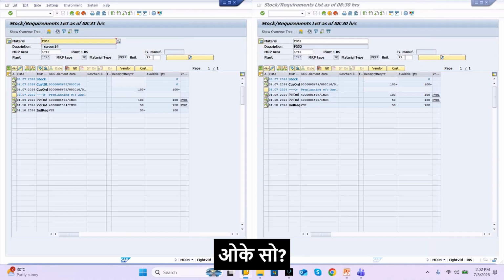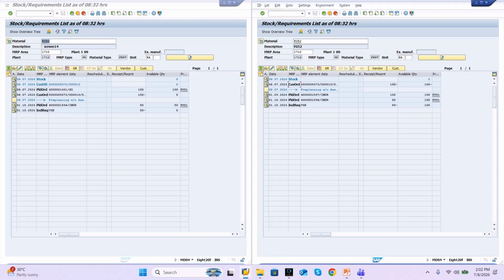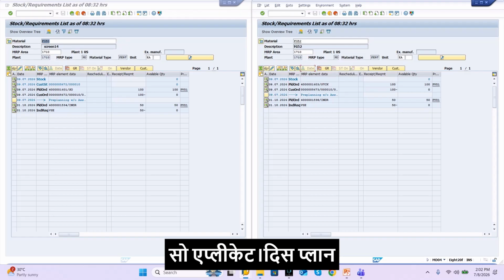Okay, so if you look at this planned order,